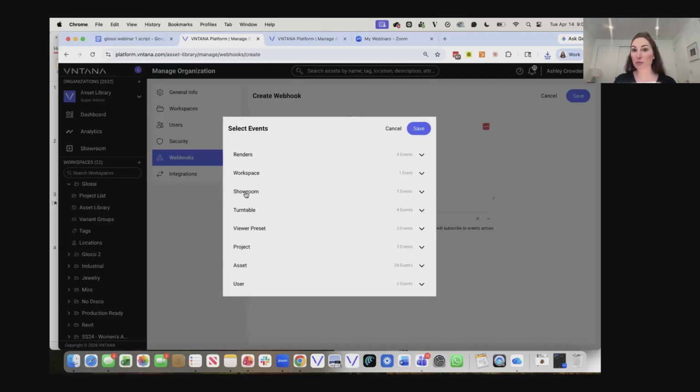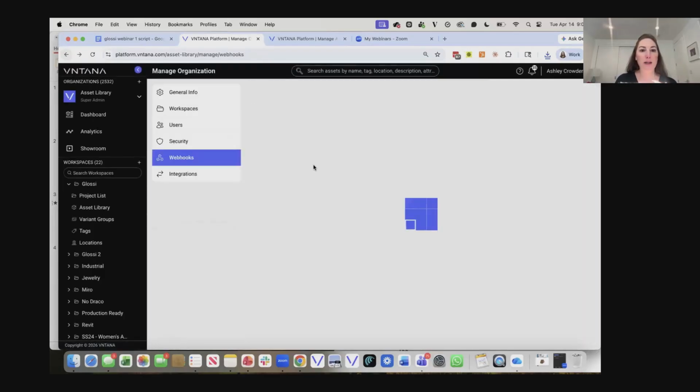So anytime an asset's uploaded, it could automatically be sent to Glossy and all your renders and pack shots created in the style that you need. Or you can use our approval processes to say assets get uploaded, and once it's approved, then it can be sent. So there's a number of different events that you can trigger this on. But once you do that,